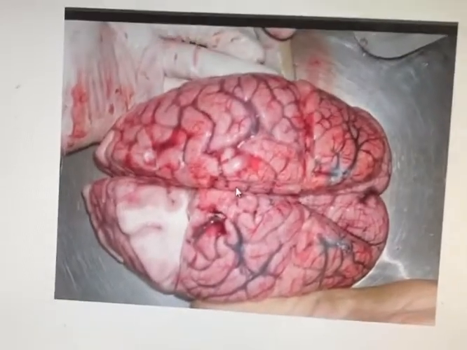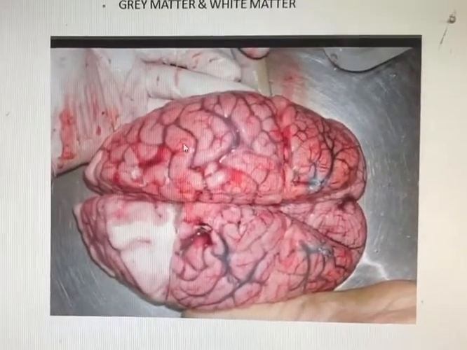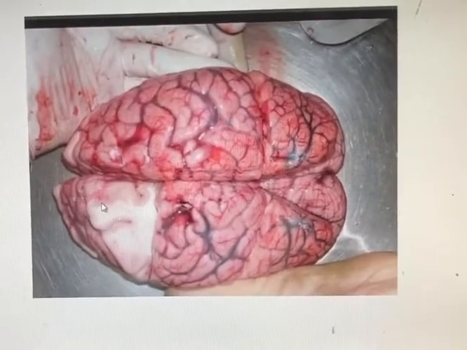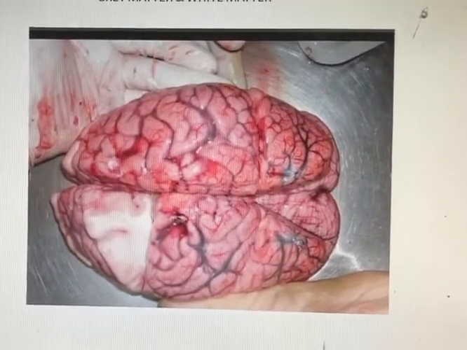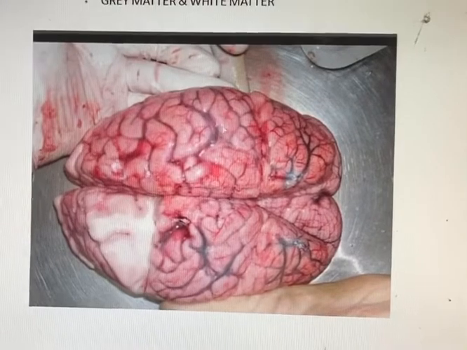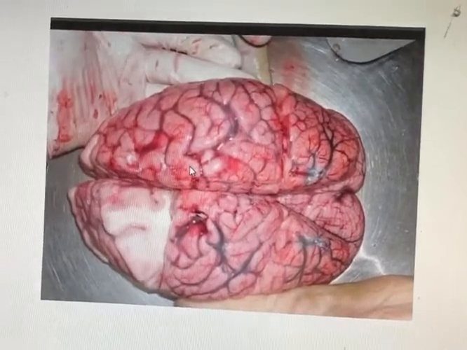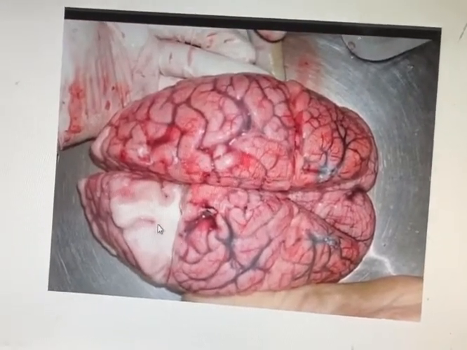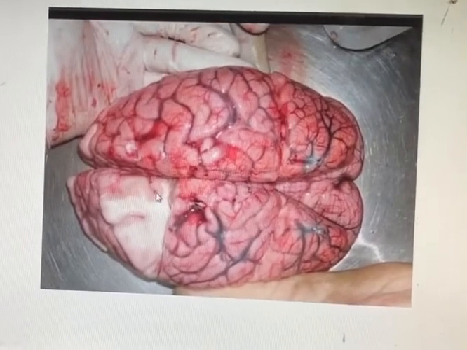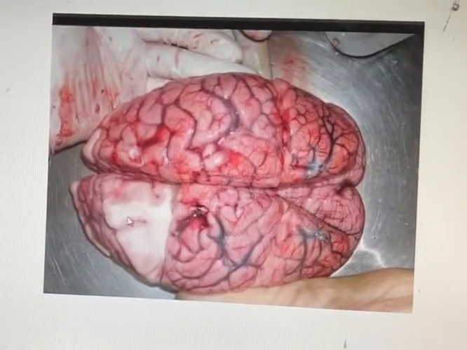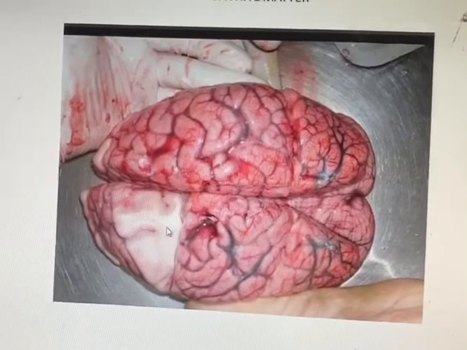Let's focus on the diagram very carefully. Here I am trying to show the gray matter and white matter. The overall brain, especially the cerebrum portion, the most functional portion of the brain, is formed of 2 portions called the gray matter at the outside part of the brain and inside the white matter.